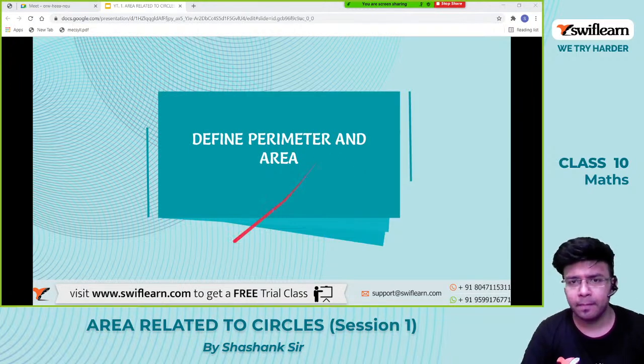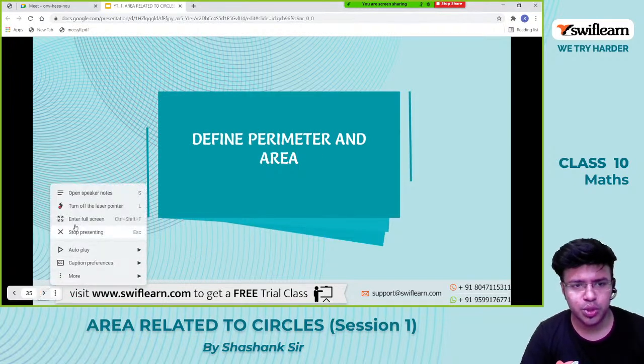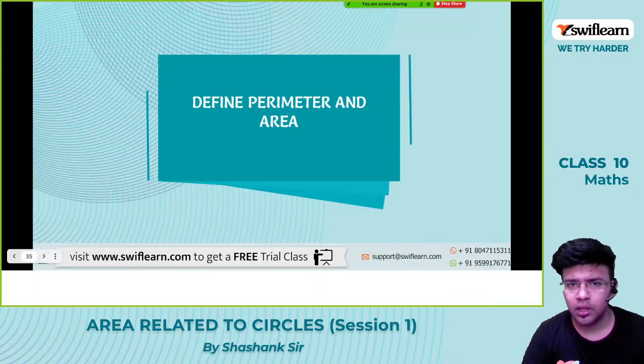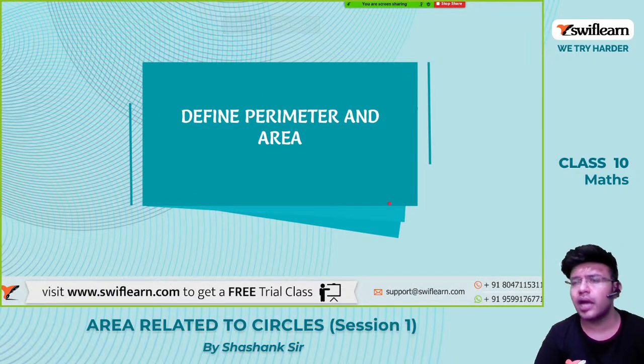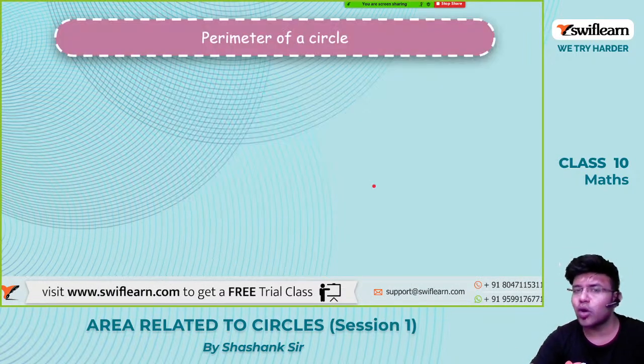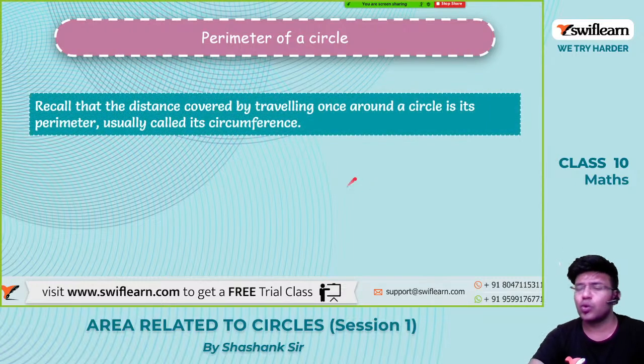Okay. So yes, let us move on with the chapter. Define perimeter. What is perimeter, guys? What is perimeter? And what is area? So let us define the perimeter of a circle. So the distance covered by,